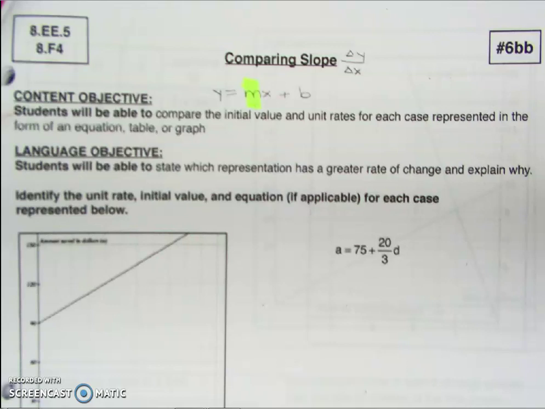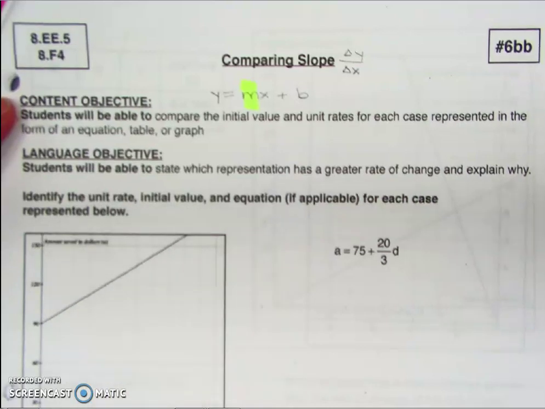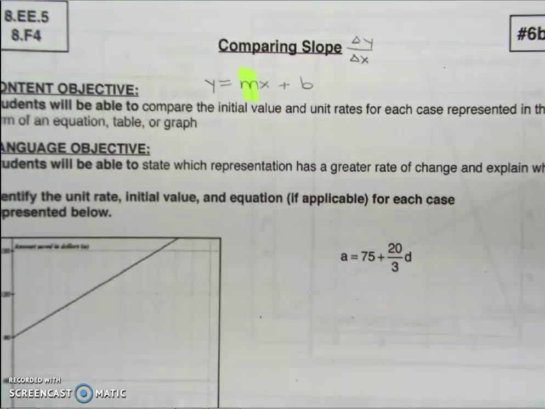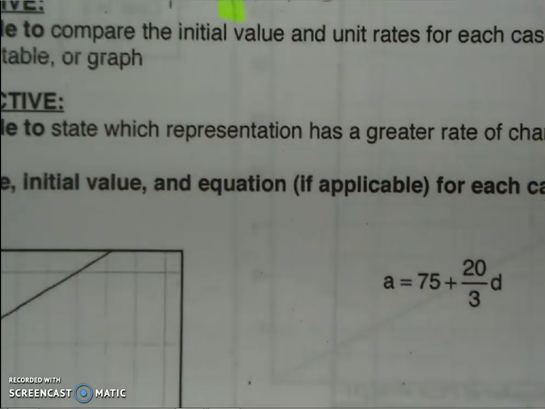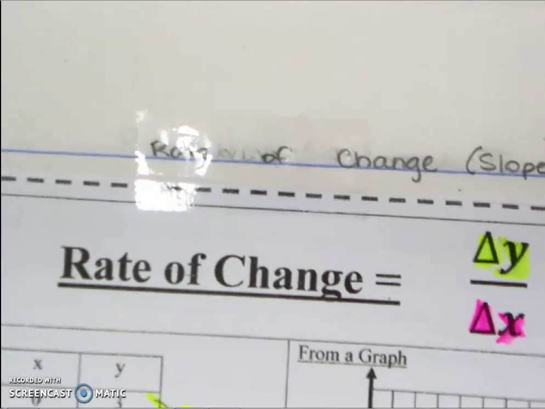So we want to make sure that you can find slope and you know which one is changing faster than the other. So today you're going to be identifying unit rate, initial value, and the equation, if applicable, for each represented case below. All right, so I'm going to zoom in. Hopefully you got the change in y over change in x. If you need to, remember you can reference, ooh, that's super zoomed in, reference page 27 that we filled in